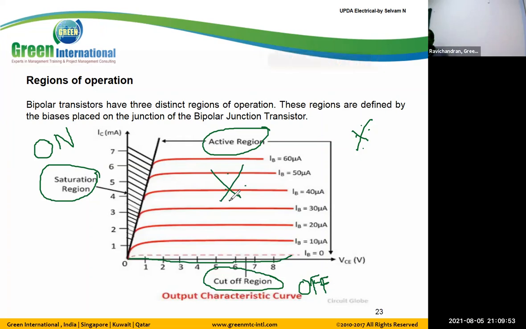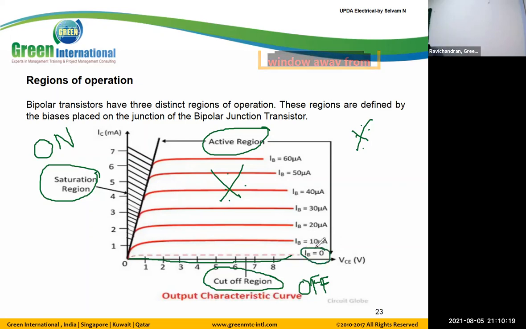That is the active region. Sir, in a diode, for silicon and germanium, we have a cutoff of 0.3 to 0.7 volts, after which it starts to act as a switch. In a transistor also there will be a similar cutoff voltage, after that it will start into saturation. Yes, so that's why here, instead of cutoff voltage, we discuss the base current value.